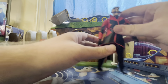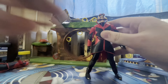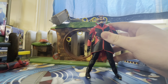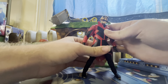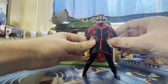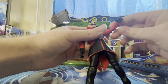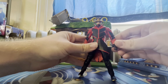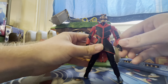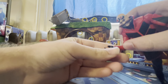All right, the articulation on this guy: his body can swivel just like the other two, because Tails can't do it. So the only three in this wave can actually do a body swivel, and Tails can't. The articulation here is pretty much the same as the other ones, except this one cannot close his hands like Sonic, Shadow, and Tails can. But here's the articulation for this hand here. Also, you can see that he's got the little tech gadgets on his gloves